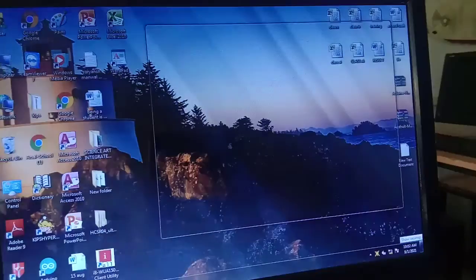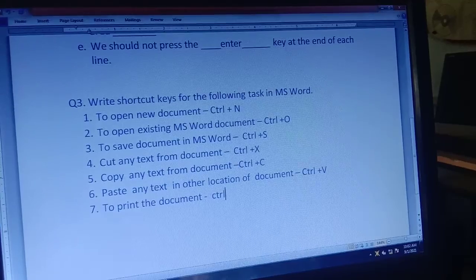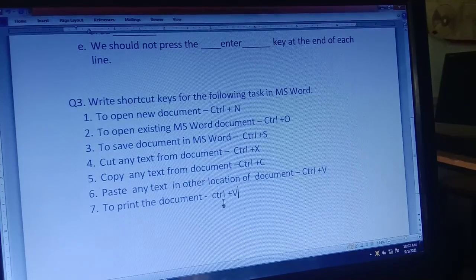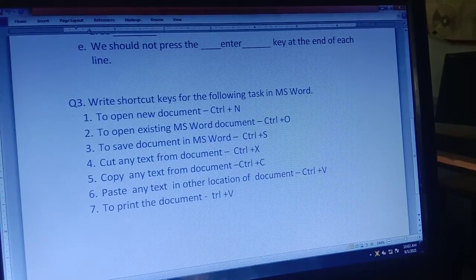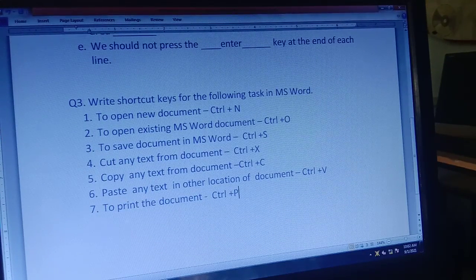Okay, so what is the shortcut key? A minute. The shortcut key will be Ctrl plus V. Okay, sorry, it's P. I'm telling you P and writing V. This is P, Control plus P keys. All of you who have not done these questions can do them, because in some worksheet I have given these shortcut keys also for you to solve. So right now you can do these.